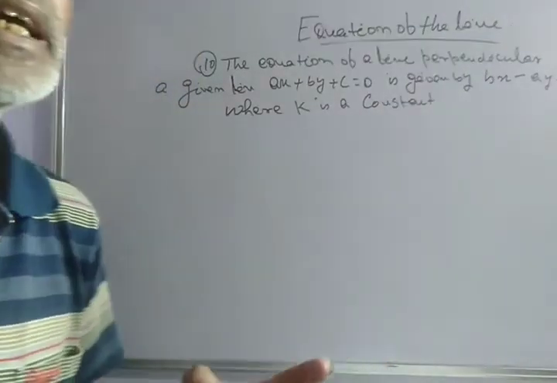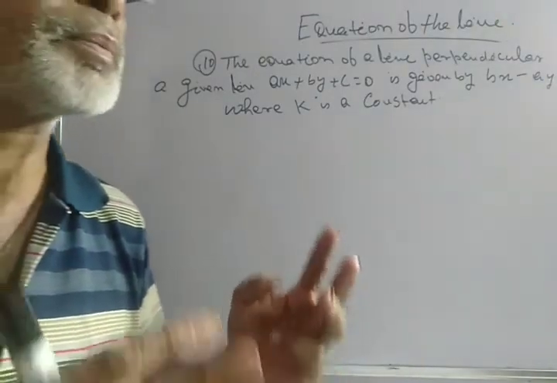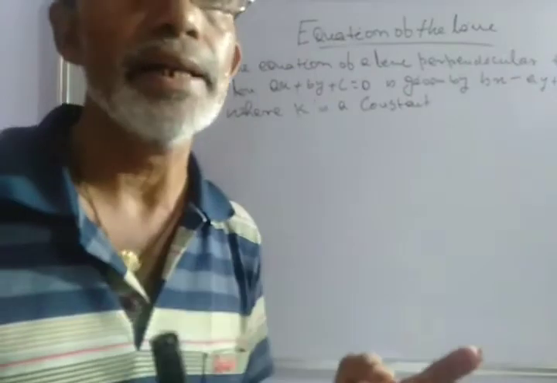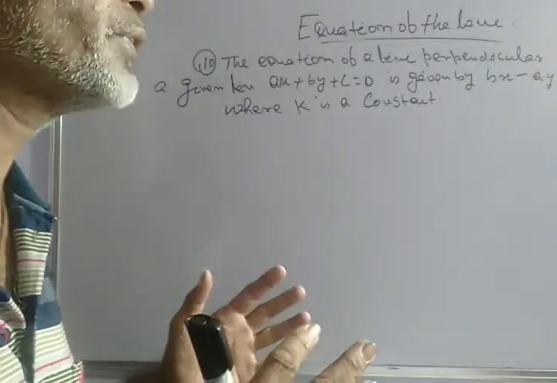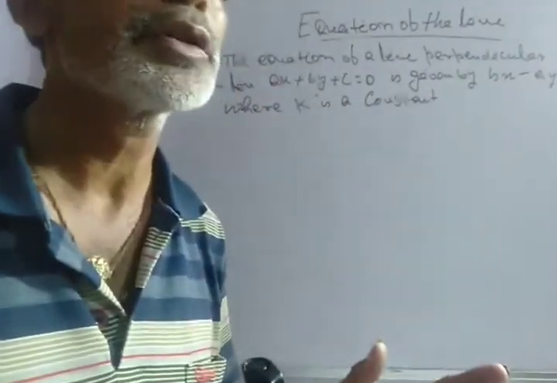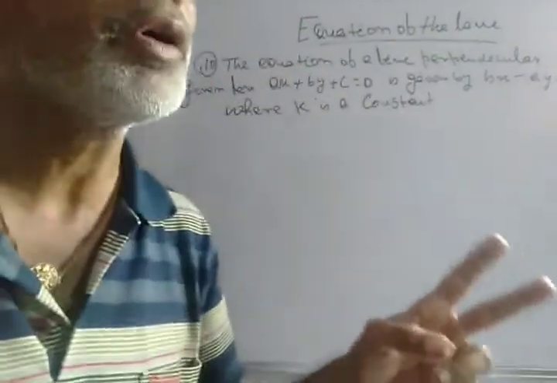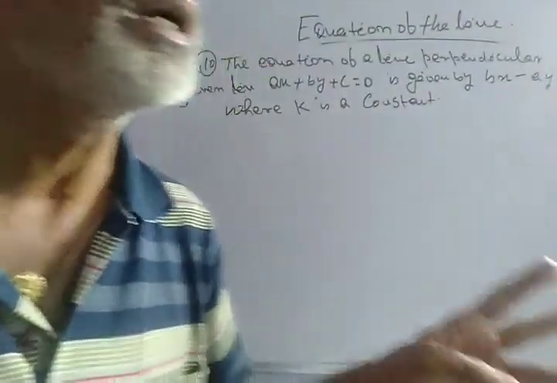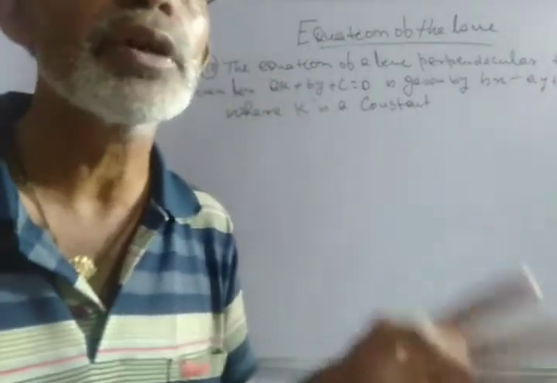With these 3 parts of coordinate geometry, I have taught you everything in coordinate geometry up to, I think, standard 10. So all the students up to standard 10, go through the 3 videos. In the first video I taught you reflection, in the second video the slope, and in the third video the equation of the line.